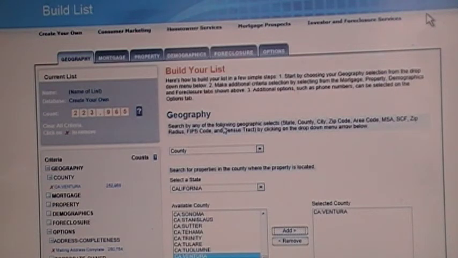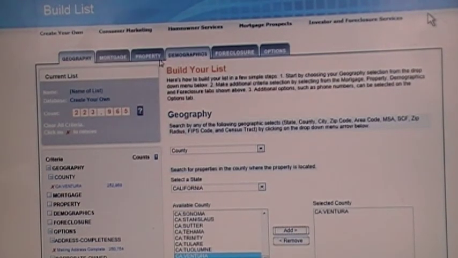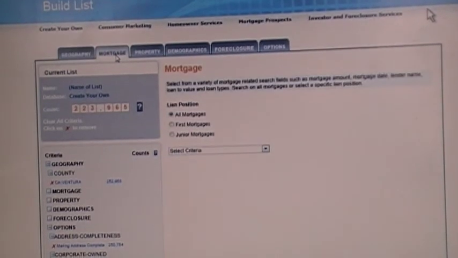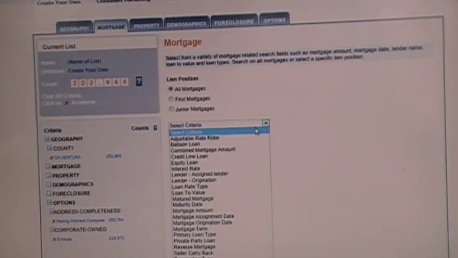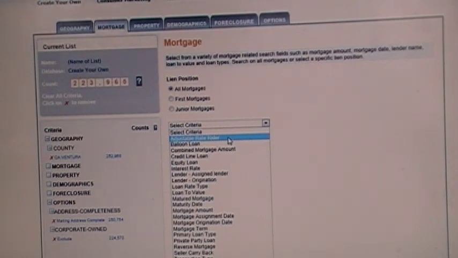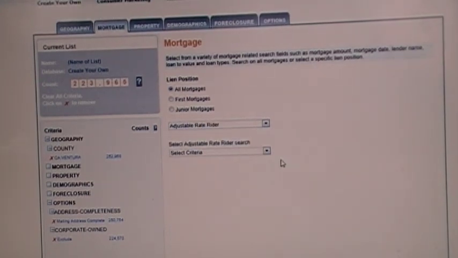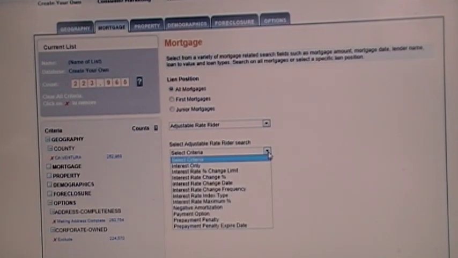Alright, so now once I set a geography, I can move on to these other tabs. Let me just go in order here. You don't have to go in order, but it's in a line here, linear movement here. So you can move on to the mortgage tab. Again, mortgage information. You can do a search on lien position, whether you want to lump all those together into your search, you can do so, all mortgages, or searching only on the first, or only on the juniors being second and thirds. But just like the geography, just a lot of selects here for you. Everything from adjustable rate rider information, so all those adjustable loans and all the data tied to that